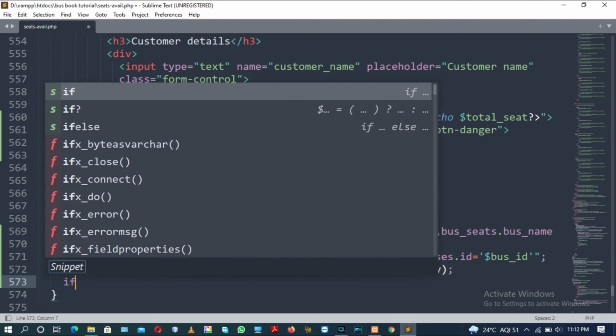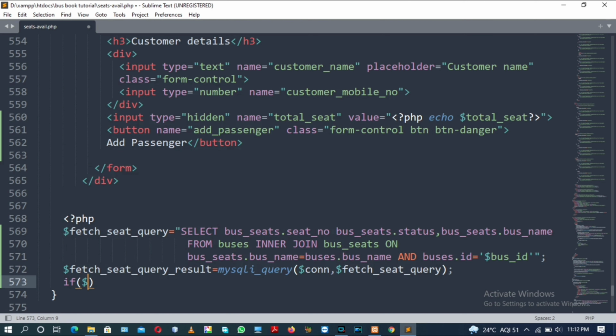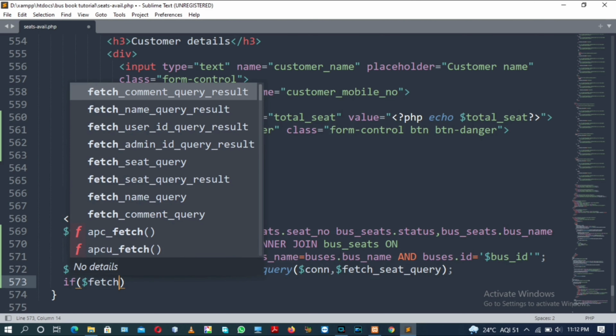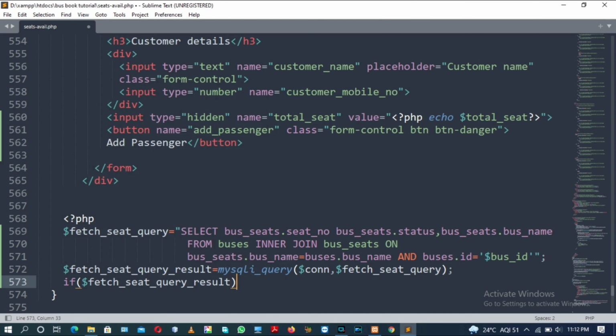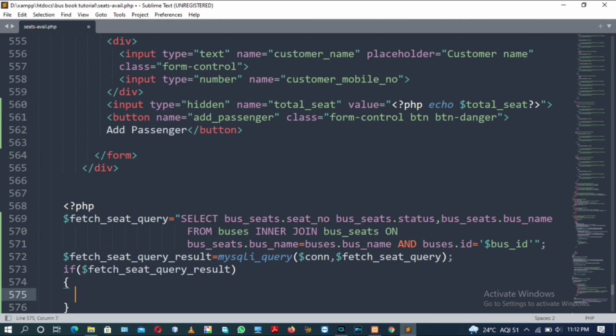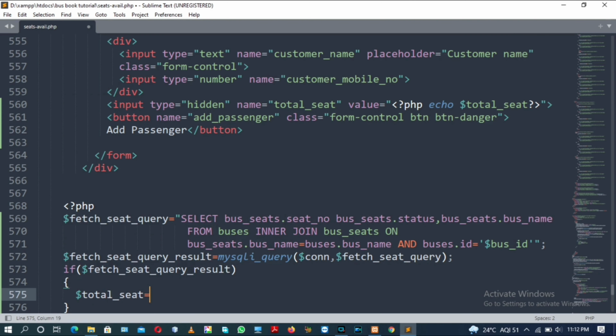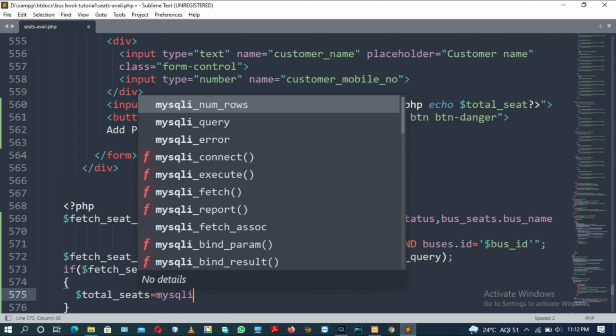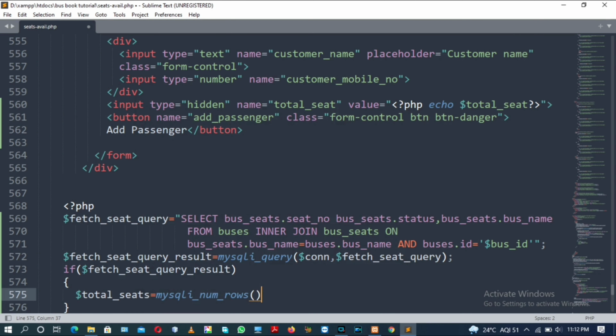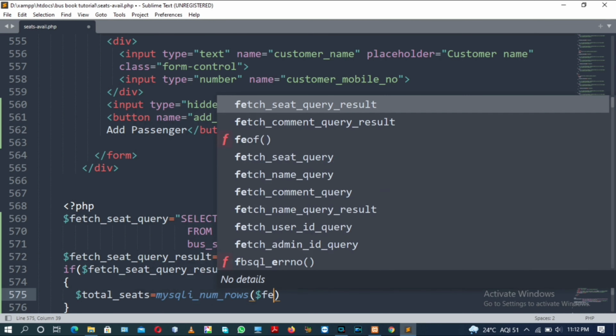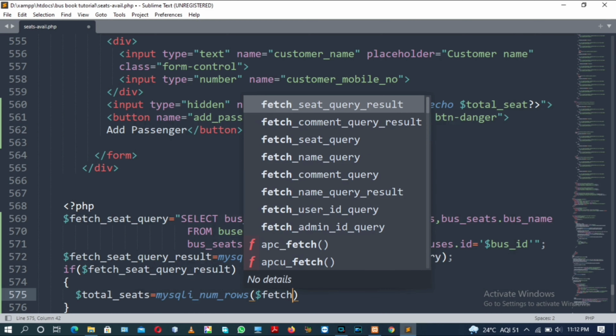Now we will have an if statement with the condition that if fetch seat query result returns true, then dollar total seats is equal to mysqli num rows, which accepts the parameter fetch seat query result.